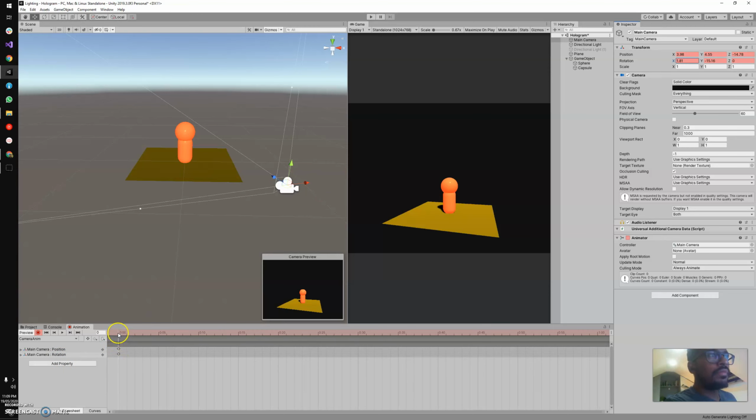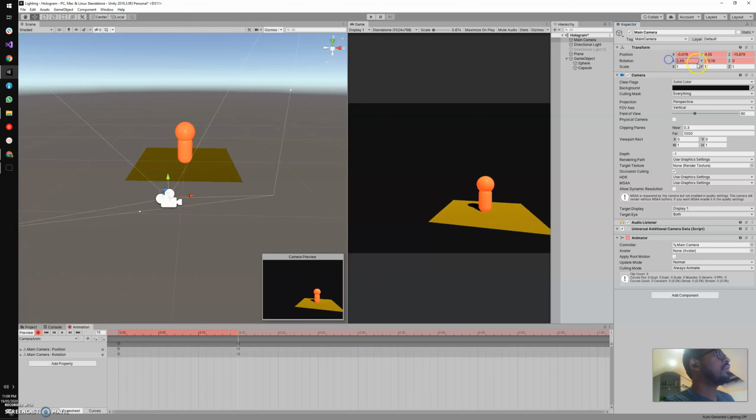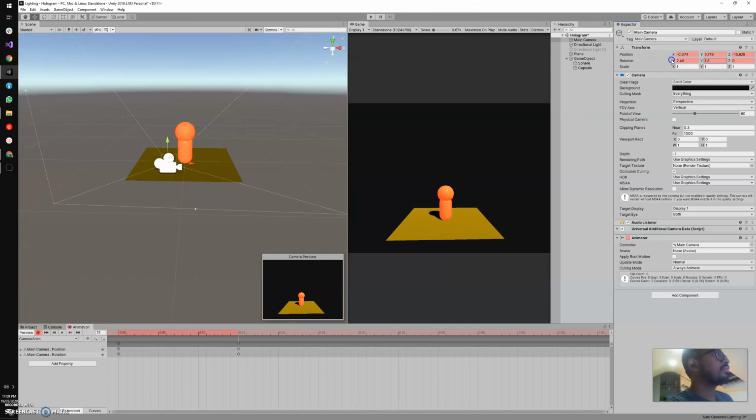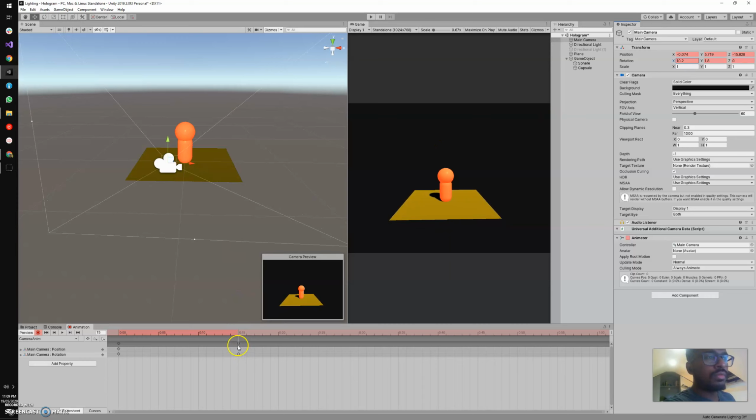This is going to be our initial keyframe, and I'm going to move this marker to 15, and I'm going to change the camera's position and also change the viewing angle. Okay, I'll also make it a little bit high. So the new keyframe has been inserted at the 15th position,